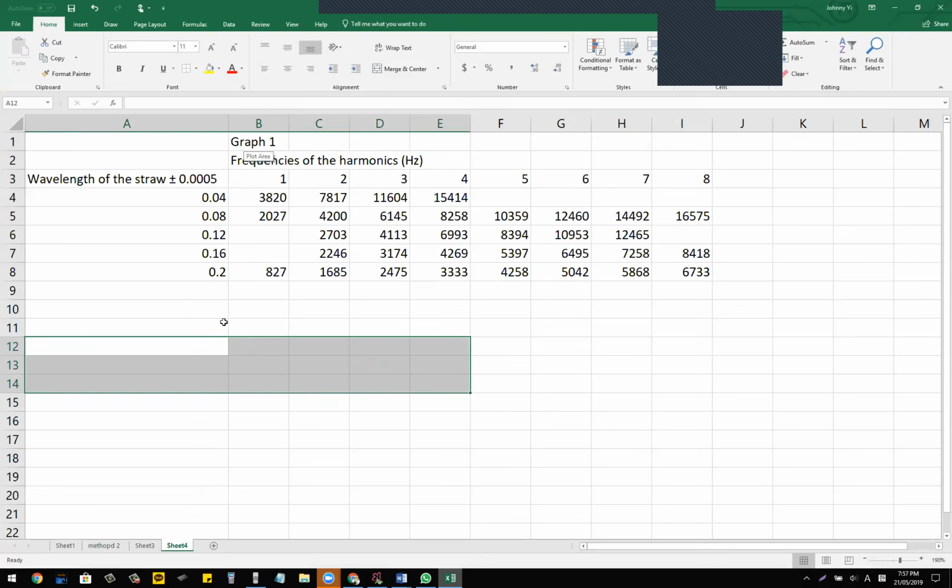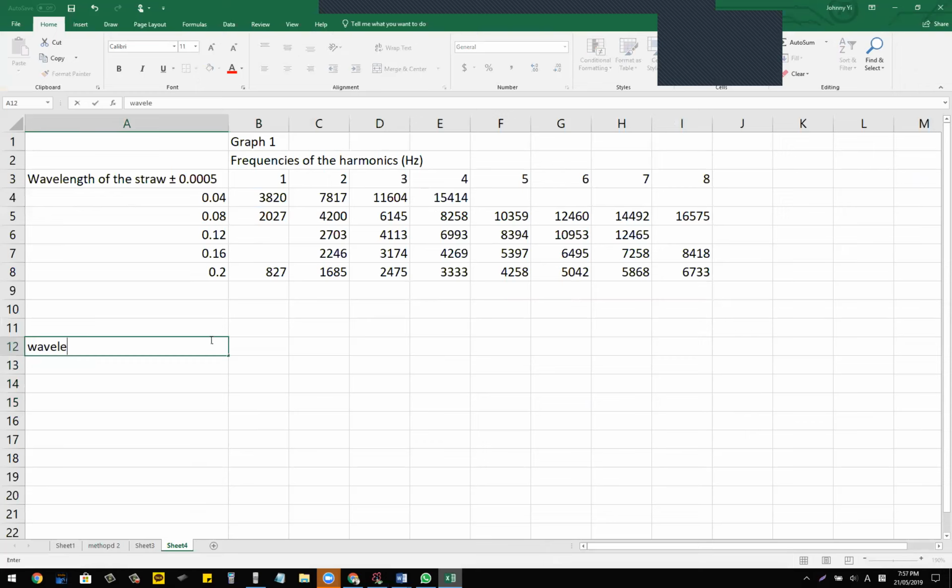It's quite complicated. So all I want is wavelength and frequency, okay? So the wavelength is 0.2 times 0.04 over